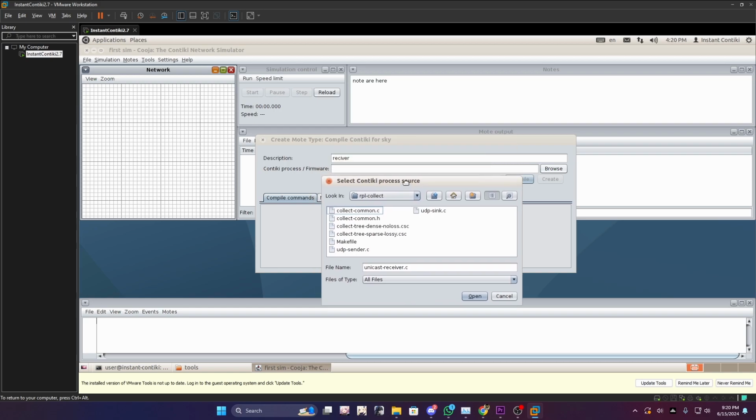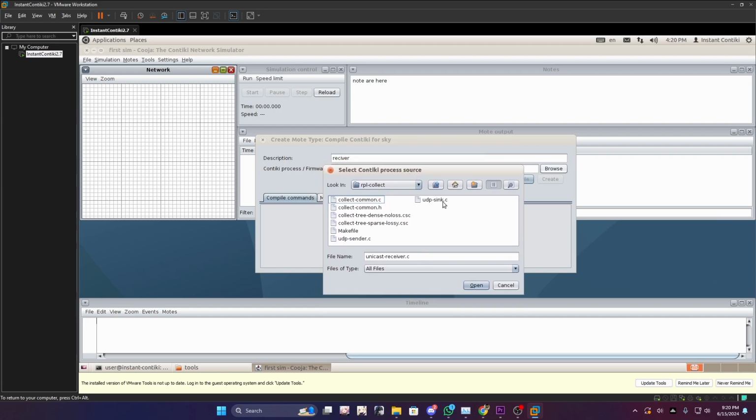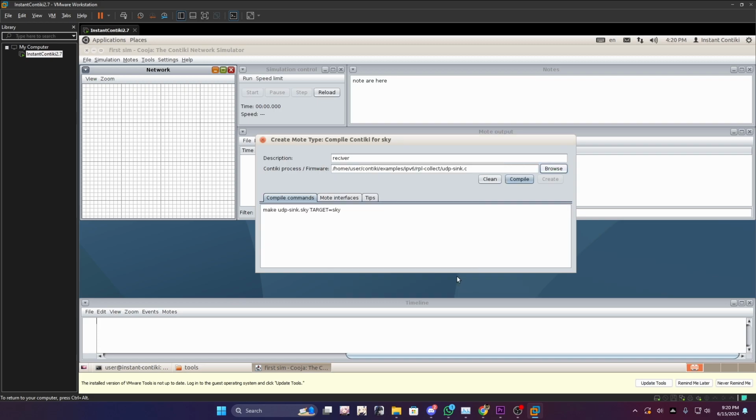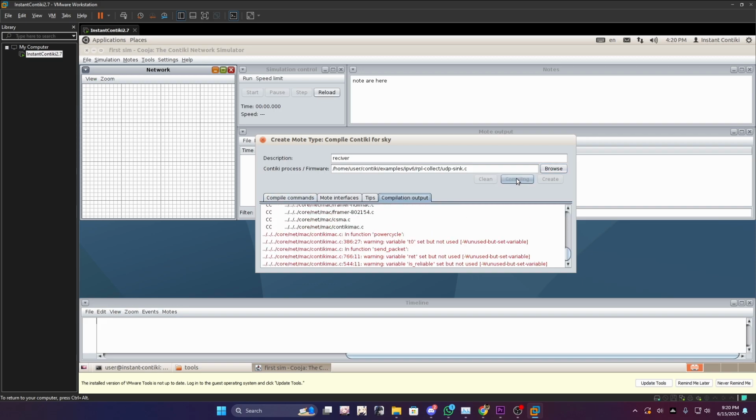Now, as we can see here, we are going to choose our UDP sink as our receiver model. Don't forget to compile it, and after it finishes compiling, you can click create.